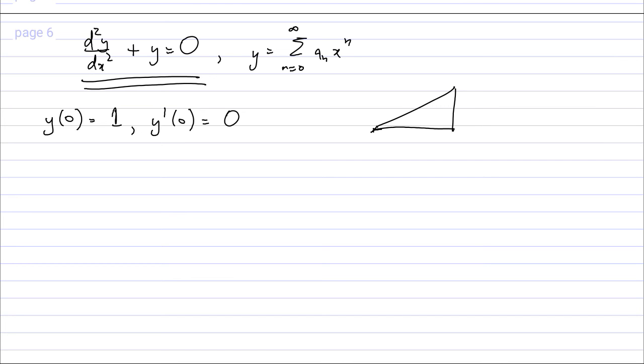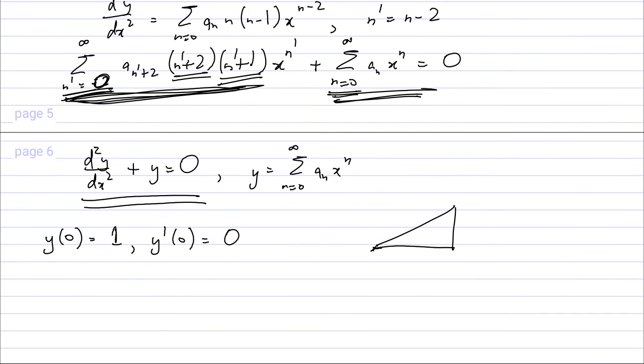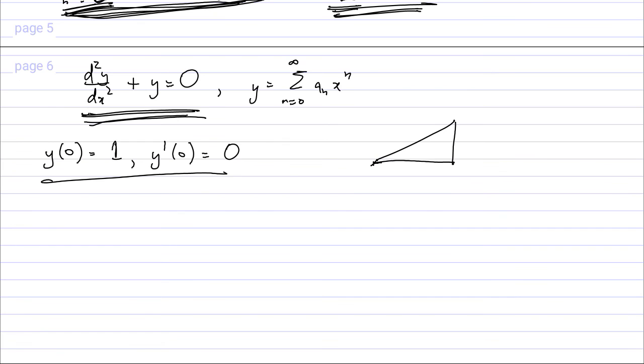Okay, if I have this differential equation with these boundary conditions, then whatever function I get as a solution to this differential equation that satisfies these boundary conditions, I define that function to be cosine of x. You can take that as your definition of the cosine function. Similarly, the sine of x function you can define as the solution to this differential equation, but with the boundary conditions